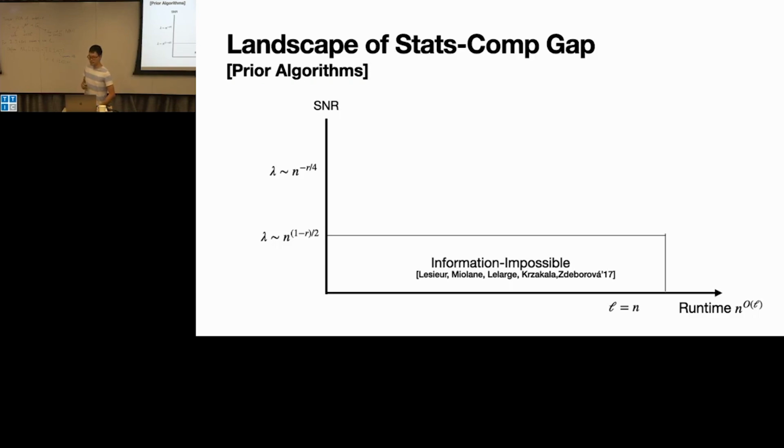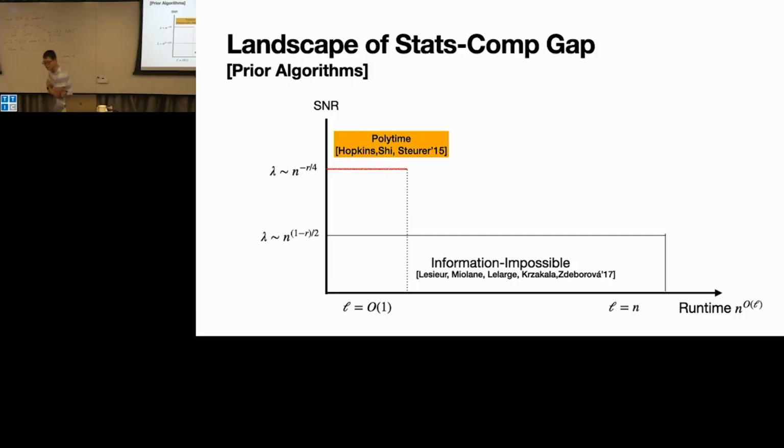However, if we have some concern about the runtime, we are going to parameterize the runtime by n to the L. So we are going to look at the polynomial time regime of L equals order 1. Here, due to work by Hopkins, Shi, and Steurer in 2015, we know that this question can be efficiently solved if lambda is at least n to the minus r over 4. It's based on sum of squares, and I think there are some speedups you can do after. This is much better than the log n threshold we just saw.